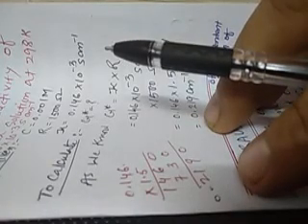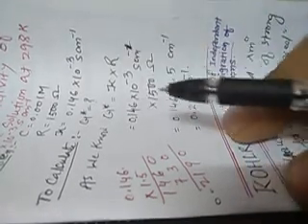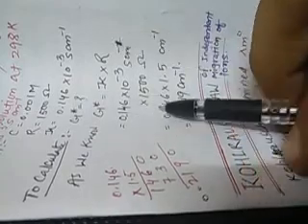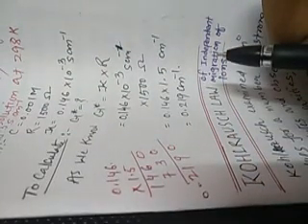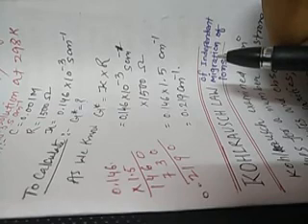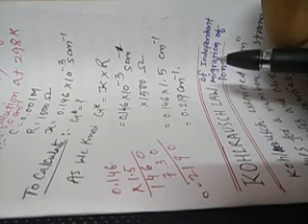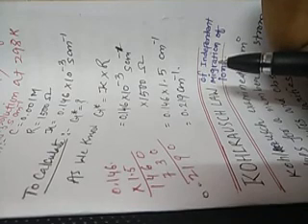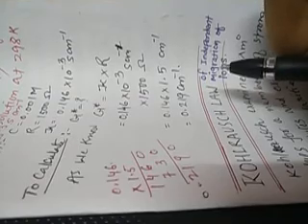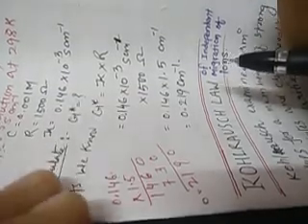G star is known as the cell constant. So we know that G star is equal to kappa into R, and therefore 0.146 × 10^-3 Siemens per centimeter multiplied by 1500 ohm. Siemens is actually ohm inverse, and that is why Siemens and ohm get cancelled, and ultimately we get 0.219 centimeter inverse. So this is how we can get the answers.